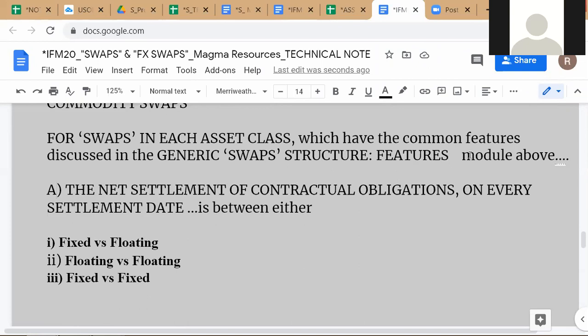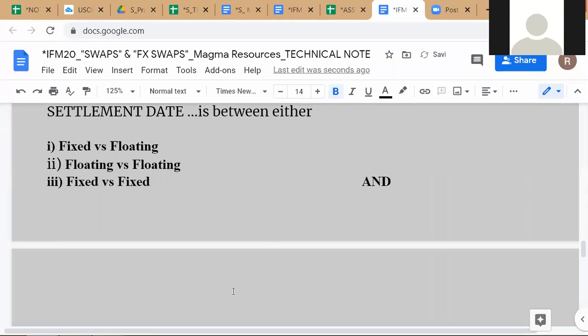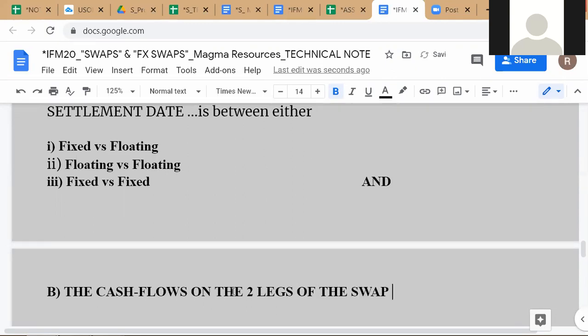Then we make two more statements. For these four types of swaps, what else is true? One is that the net settlement of contractual obligations on every settlement date is either between fixed and floating, floating and floating, or fixed and fixed. And so we can say the cash flows on the two legs of the swap are